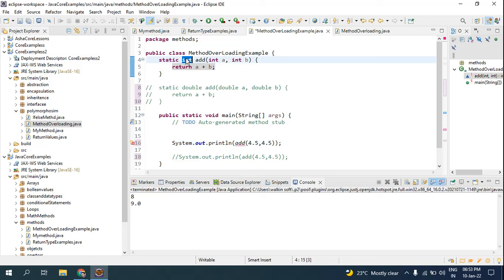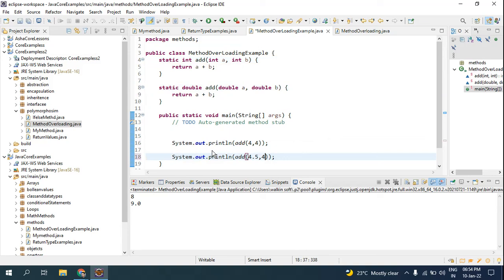For the fractional part, we will have 2 data types, which are double and float. So based on the data type, we have to pass the parameter. Based on the return values, we have to pass the parameter. Now once I uncomment it, for this example, what the Java